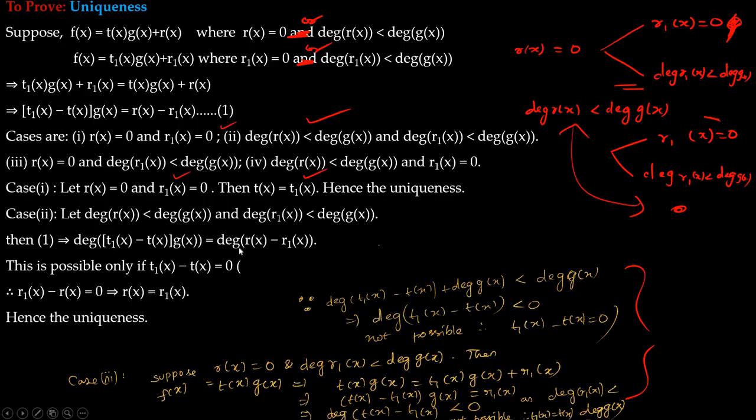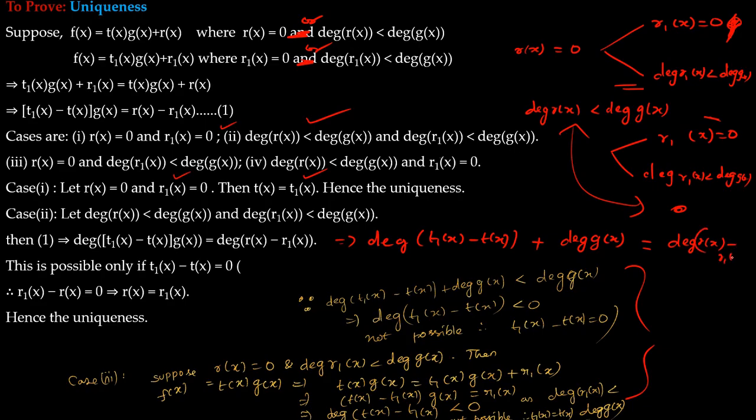Now when you consider this, you can rewrite it as degree of t1 of x minus t of x plus degree of g of x equal to degree of R of x